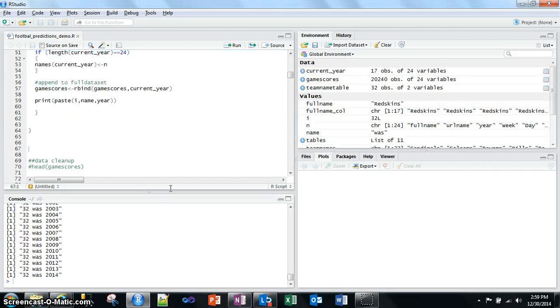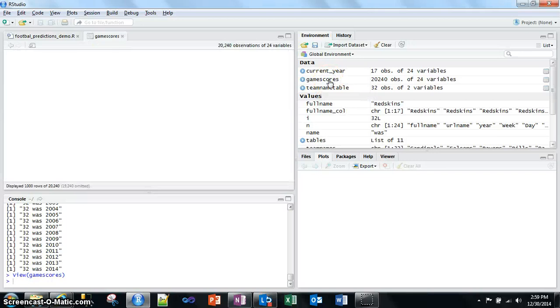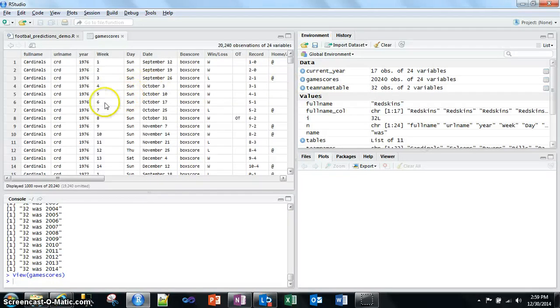Welcome back. As you can see, the for loop finally completed, and now we have all of our data. That's the data in this game scores table. If I click on that, you can see the sort of data that we have: the full name of the team, the URL name in order to get the data by going out to the web, the year that the